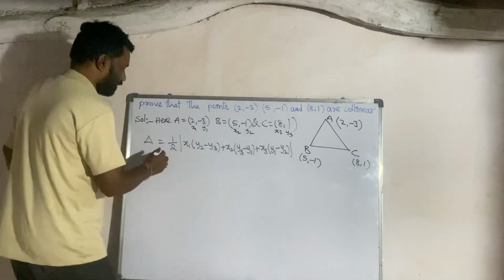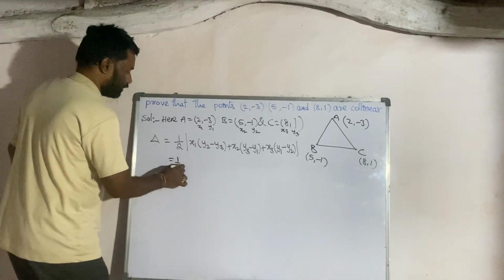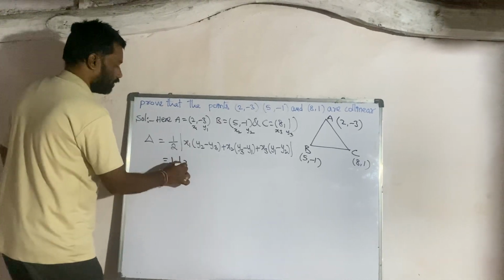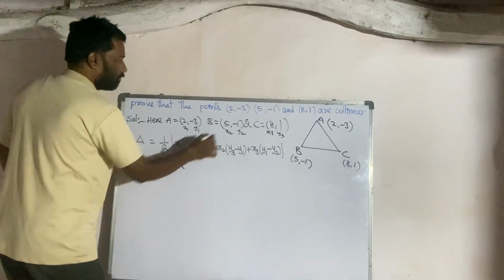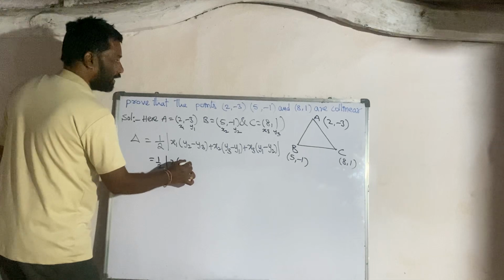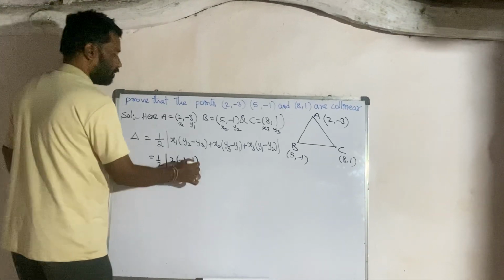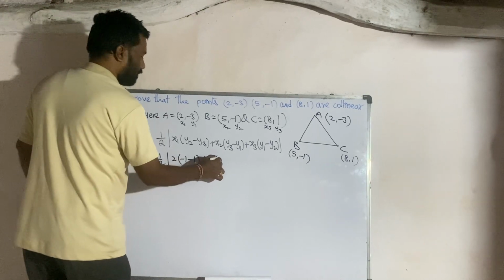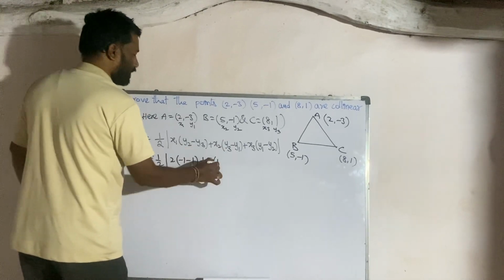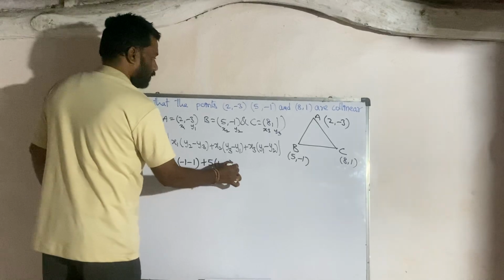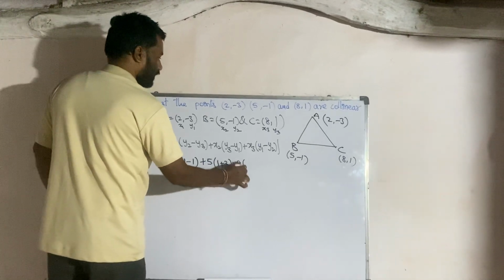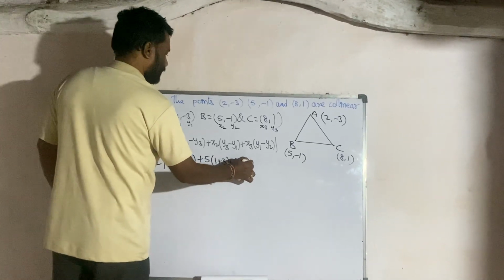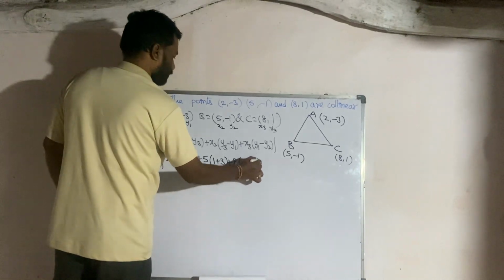Now I am substituting the values: 1/2. What is x1? 2 into (y2 minus y3). The y2 value is minus 1, the y3 value is 1, plus x2, that is 5, into (y3 minus y1), that is 1 minus (minus 3), plus x3, that is 8, into (y1 minus y2), that is minus 3 minus (minus 1),